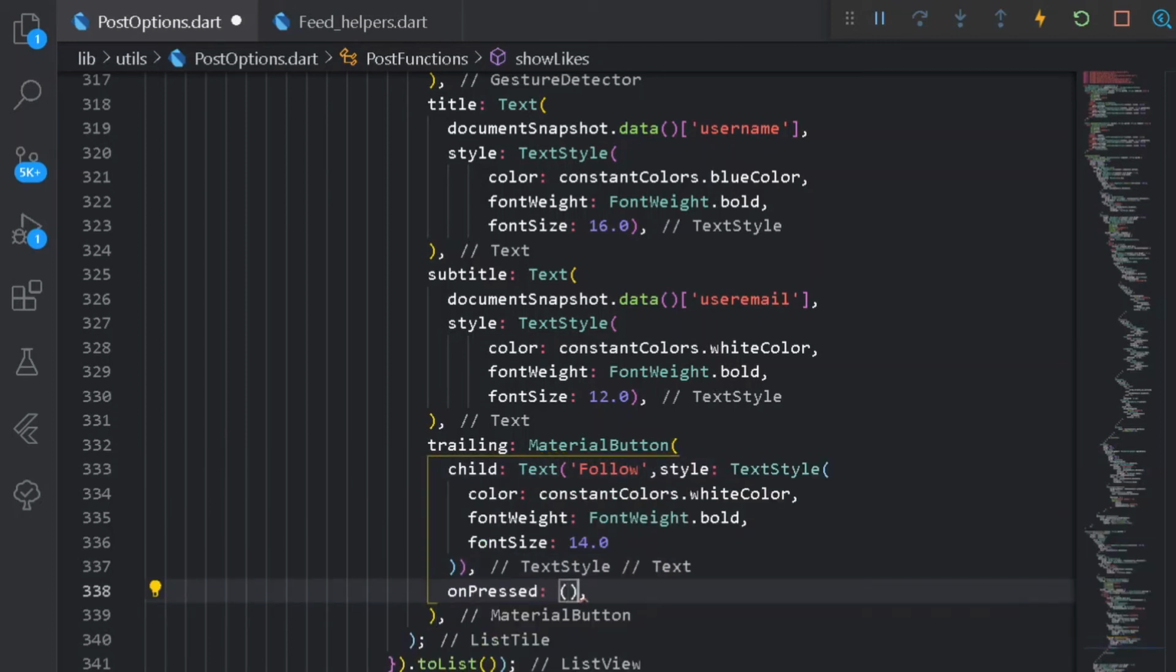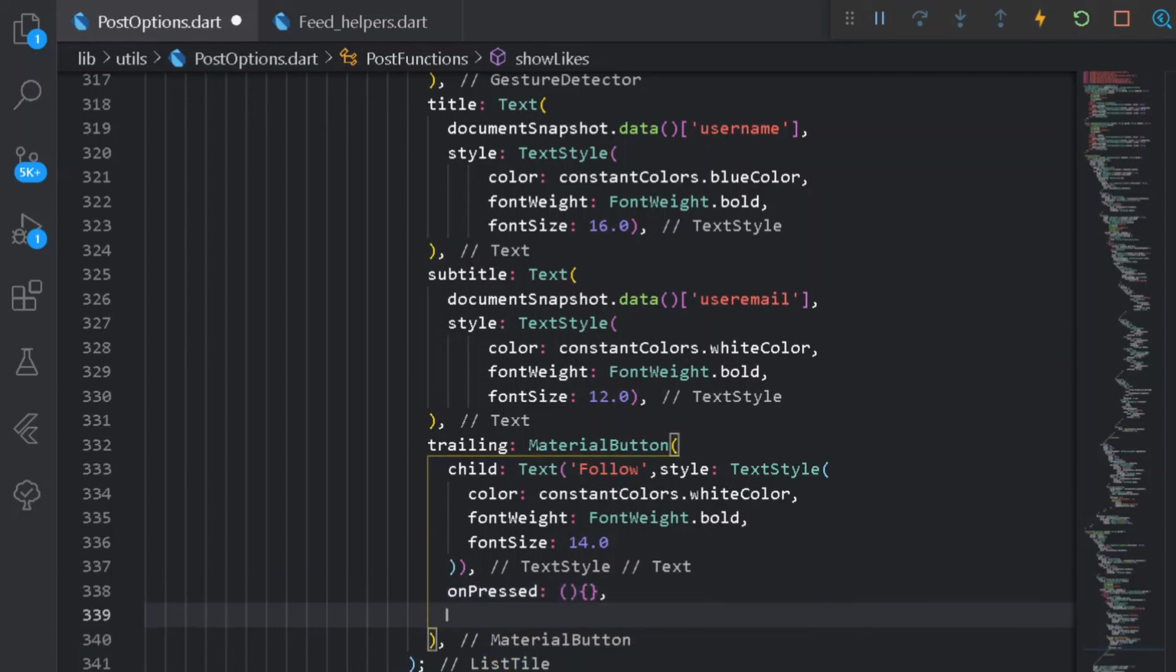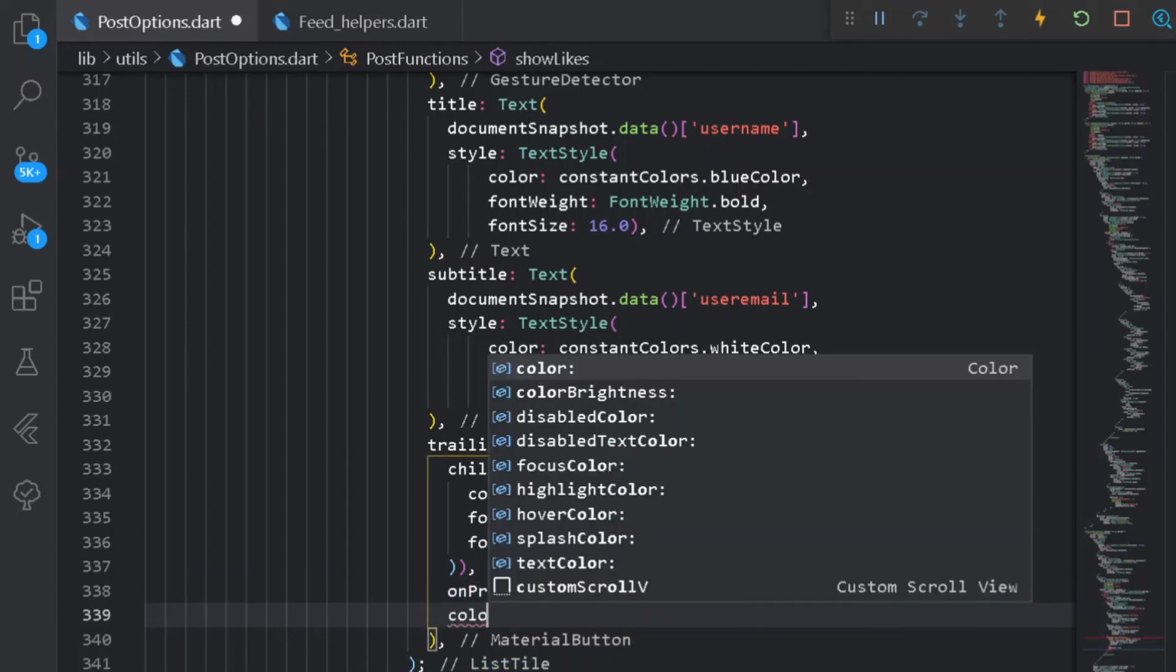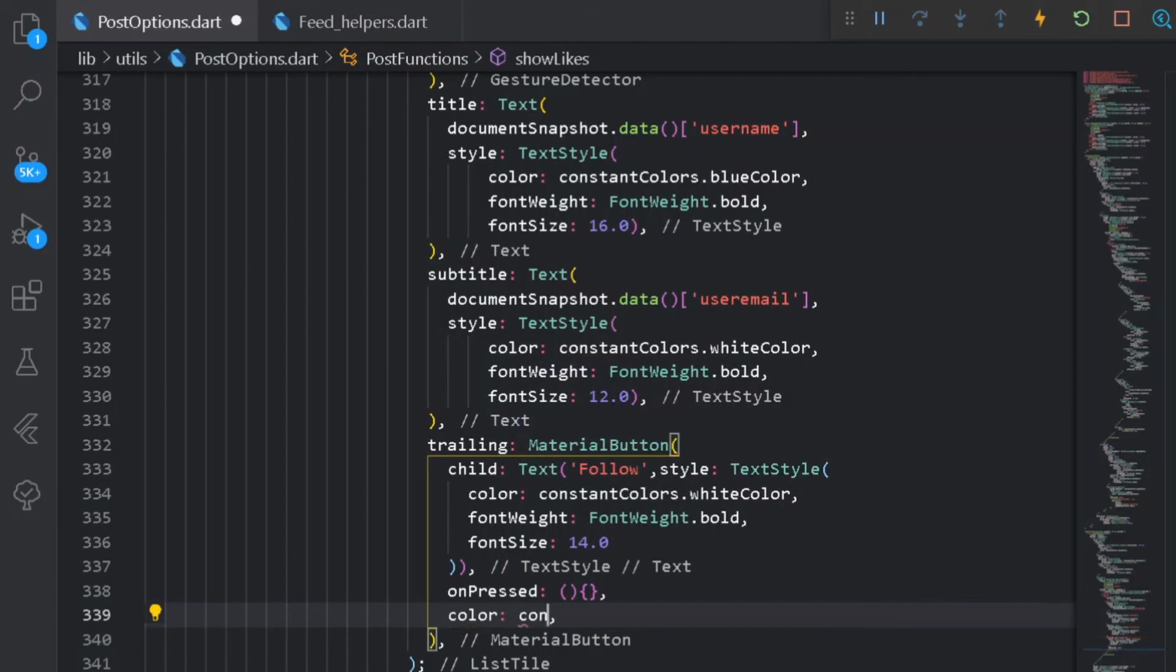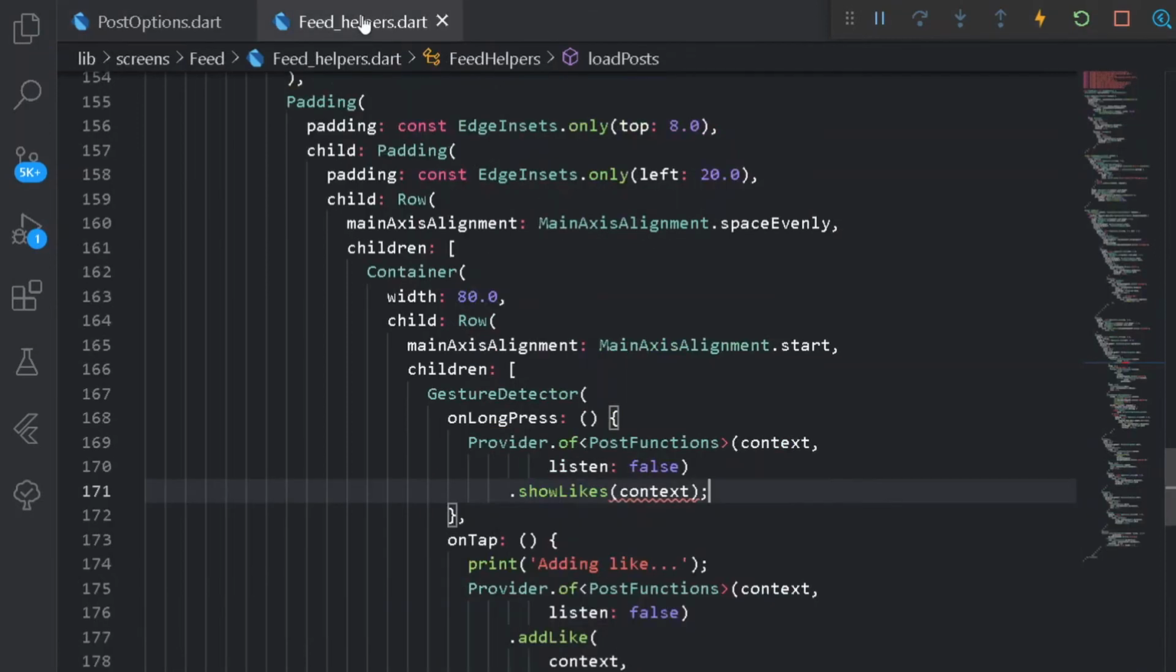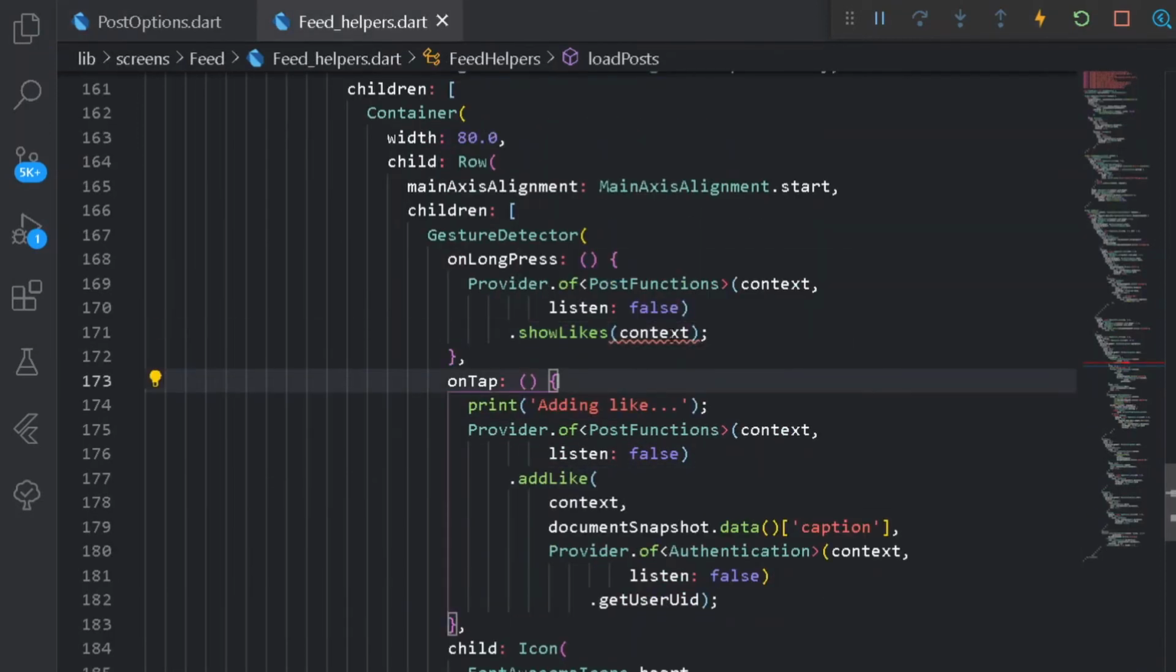On pressing it, nothing shall be happening for now, and after that, let's have somewhat color for our entire button. So here let's have a color of constant Colors blue color. Now let's check it out. Press Ctrl and S. Now let's move under our feed helpers, and here after having show likes, let's provide